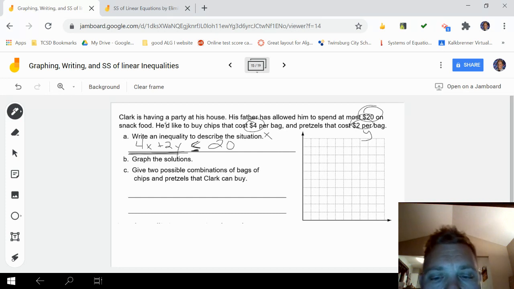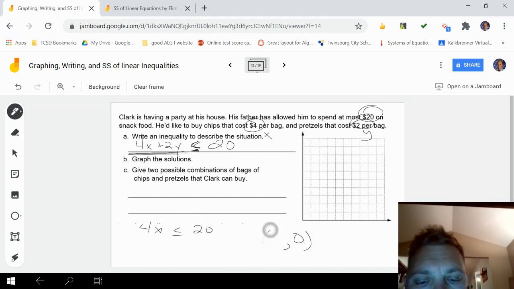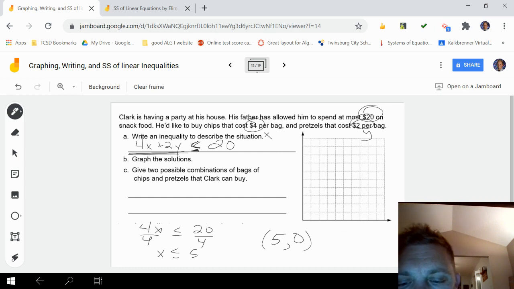All right, so if we look here, we can graph by intercepts. What I like to do for that is just make y 0 here. And we're going to get, if we make y 0, I'm going to divide this by 4. And I'm going to get x is less than or equal to 5. So that means on the x-axis, go right 5. 1, 2, 3, 4, 5. Don't go up or down, because we have 1, 2, 3, 4, 5. Got it? And then if I just do the cover up here and graph my